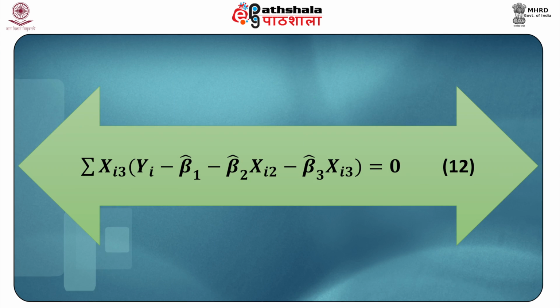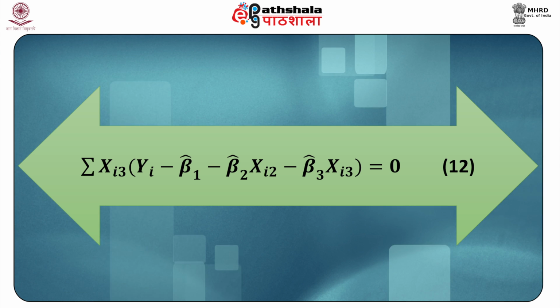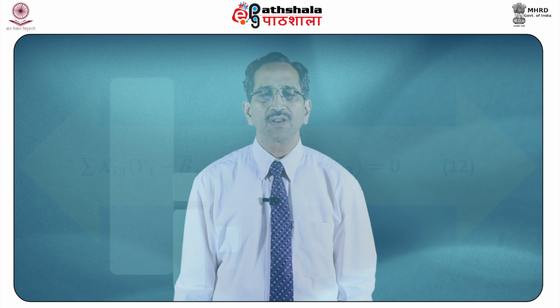Similarly, equation 8 is simplified, and we have a new equation which is sigma xi3 into yi minus beta 1 hat minus beta 2 hat xi2 minus beta 3 hat xi3 equal to 0, and you can rewrite this as equation 12. So these equations 11 and 12 are 2 normal equations, and solving these could be a tedious job,